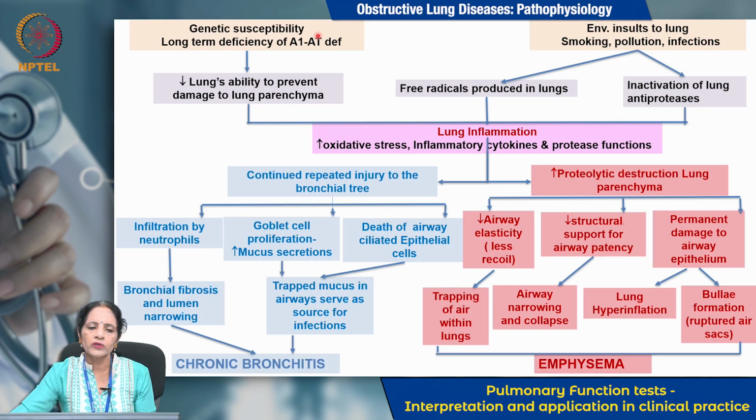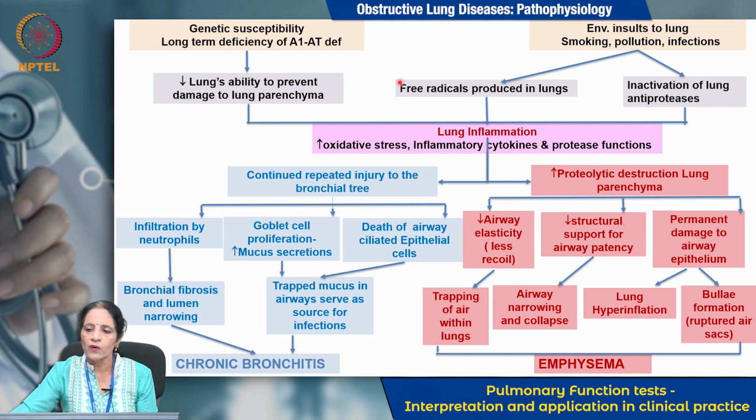So, actually coming to what happens. At one end of the spectrum is genetic susceptibility, where there is long-term deficiency of alpha-1 antitrypsin, and the other side is the environmental insults to the lung, which are sometimes inevitable but also associated with smoking, pollution in the air and certain infections. So, all these together, the genetic susceptibility leads to decreased lungs' ability to prevent damage to